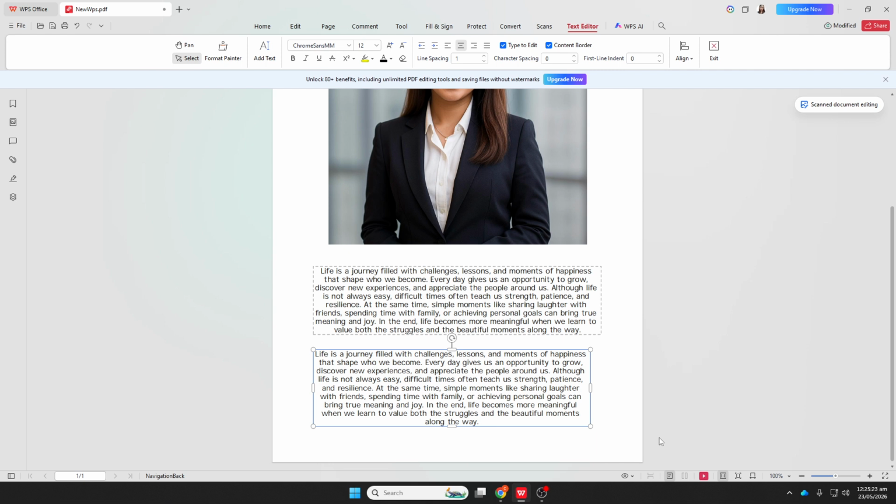A quick tip: when using Justify on very short lines or narrow columns, keep an eye on spacing. If the words look too spread out, switch back to left align for better readability. And remember, you can repeat these same steps for any other section of your document to keep everything uniform. That's it. With these simple taps, you can control how your text sits on the page,